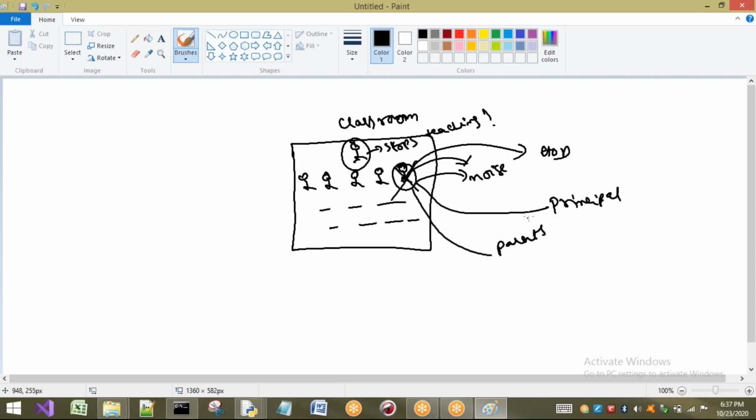That means there are many handling techniques. This is one type of handling, this is one type of handling, and outside is one type of handling. These many ways I can handle.